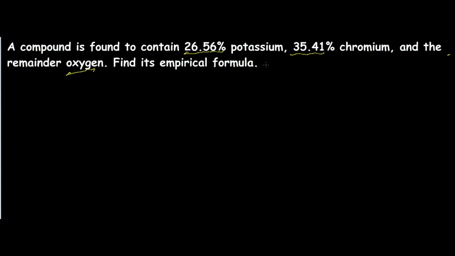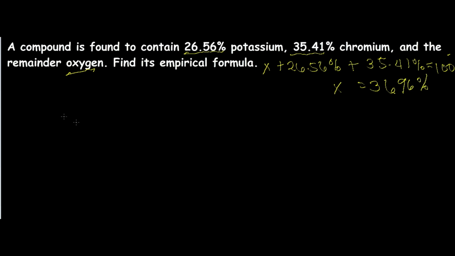So let X percentage of oxygen plus 26.56% for potassium plus 35.41% for chromium equals 100. Now, if you solve for X, we will get 36.96%. Now, let's use this to get the number of moles. And we all know that 26.56% is equal to 26.56 grams. 35.41% is just 35.41 grams. And for oxygen, we have